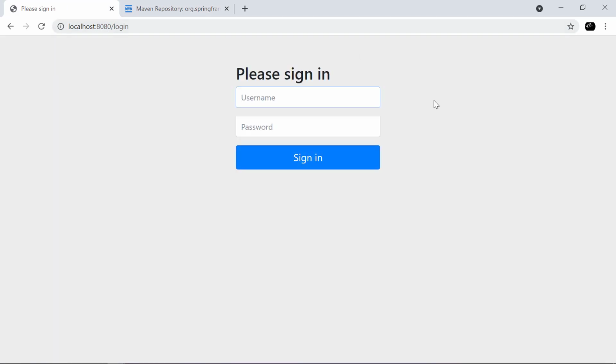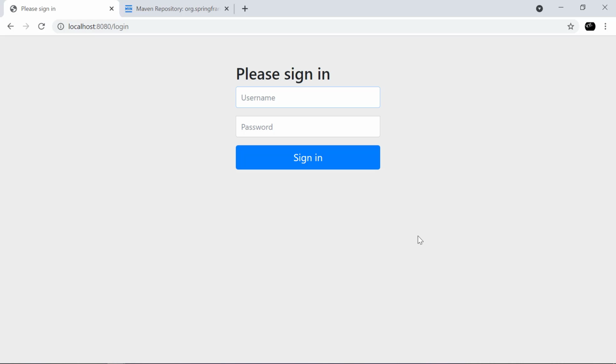Back to the browser and access the same URL as we did before. Look. It is asking for username and password. What we did was simply adding a dependency for Spring Security, and it automatically secured our application URL. As soon as Spring Security jars are added on the class path, all URLs require authentication with a username and